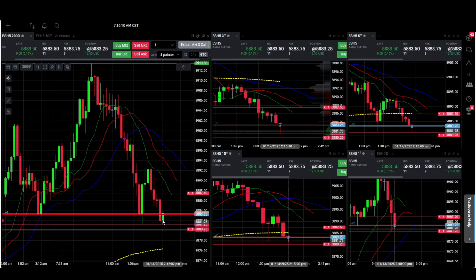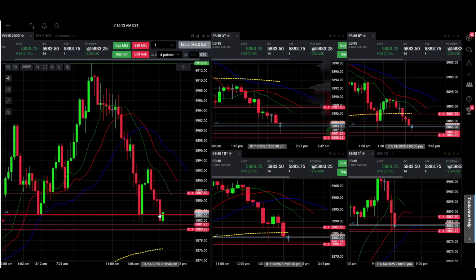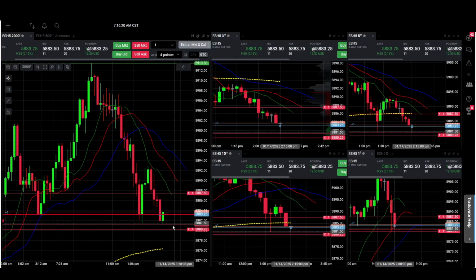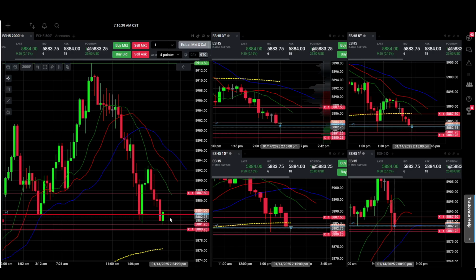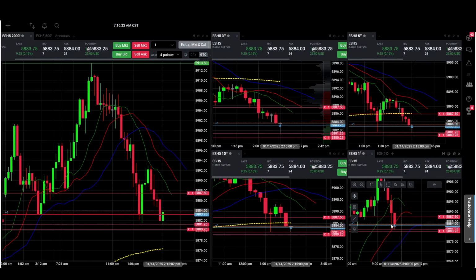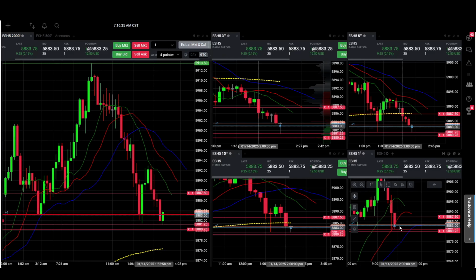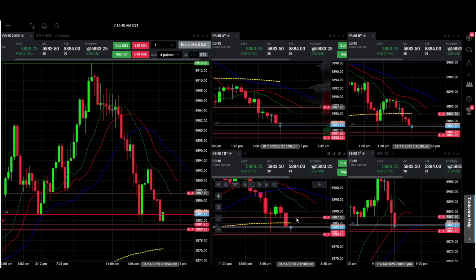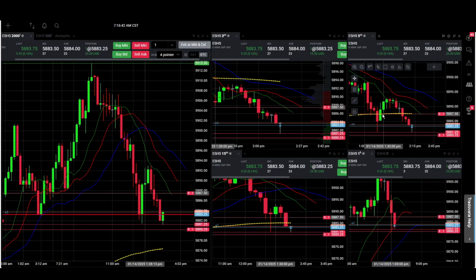Okay, so we are in the trade. I heard it from the other room, sorry. And yeah, there was a dump where we went like 2 points down and just 1 point from our stop loss. Now it's recovering a little bit, being a little bit in profit, but the teeth on the hourly chart are trying to hold the door, but I'm not convinced in this trade that much now,